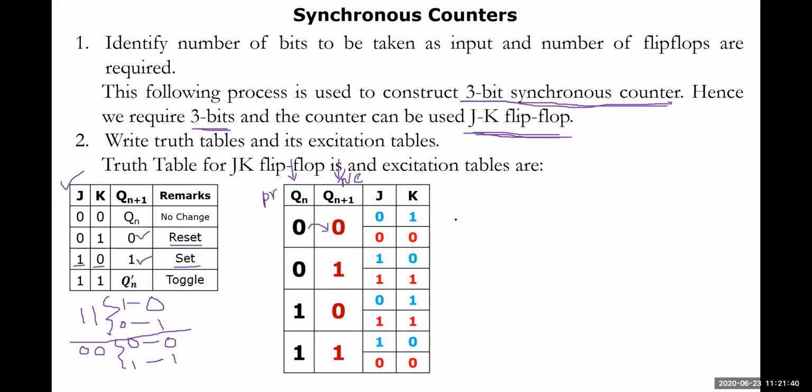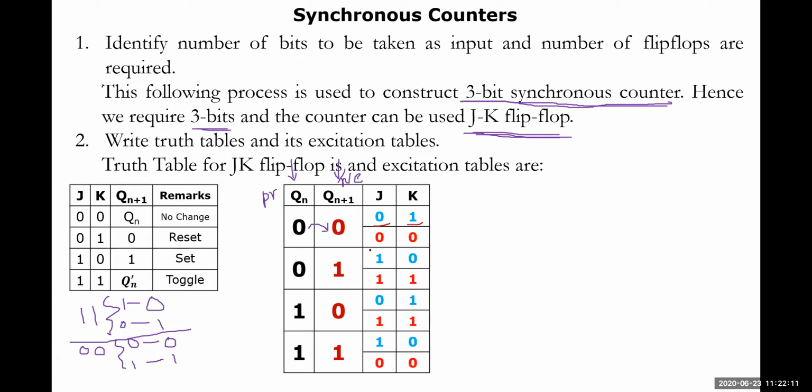What are the possible kinds of JK inputs? Look at this. We have one particular position: J will be 0, K will be 0. Then you could get 0 as output. J will be 0 and K will be 0, so we could get 0 as output here. Therefore, we may take this particular scenario, the 0 to 0 straight scenario.